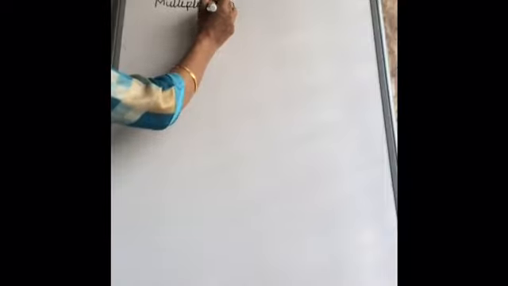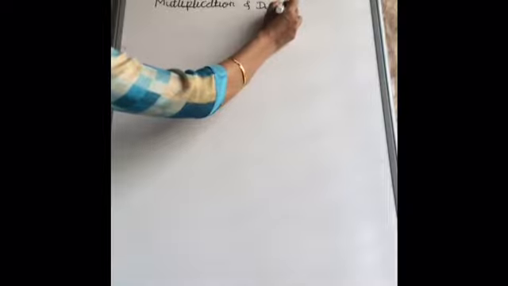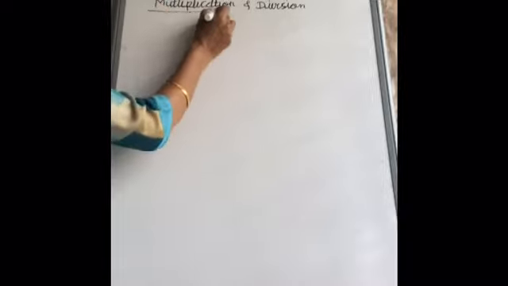In the previous lecture we discussed significant figures and their rules for addition and subtraction. Today we will discuss multiplication and division. First we will discuss multiplication. For multiplication we first take an example, that is